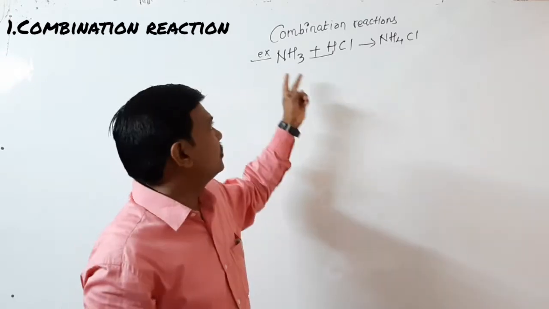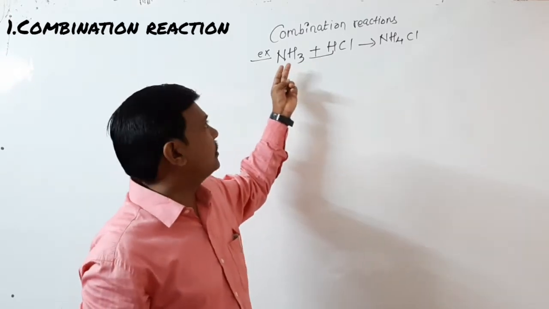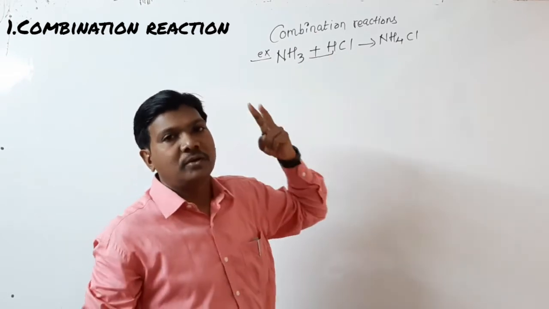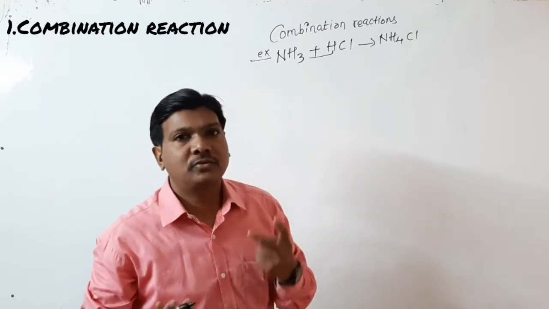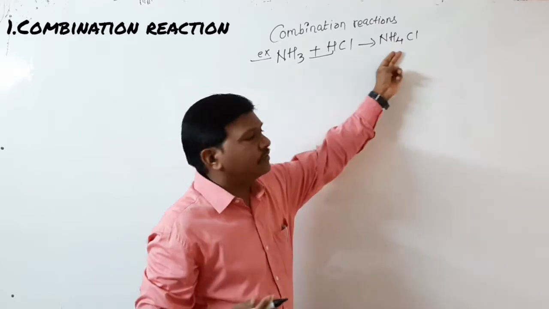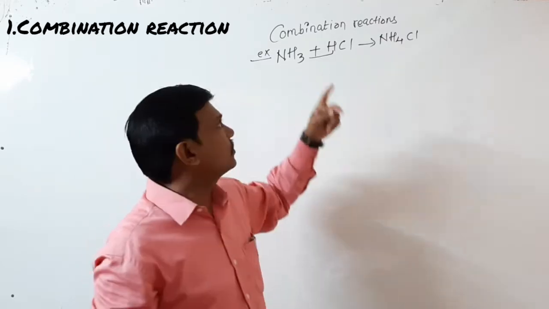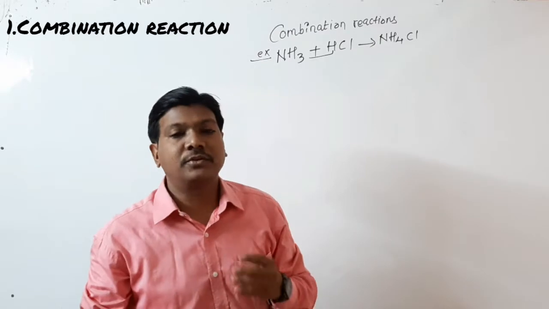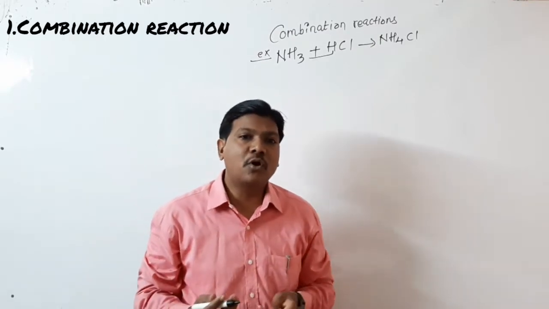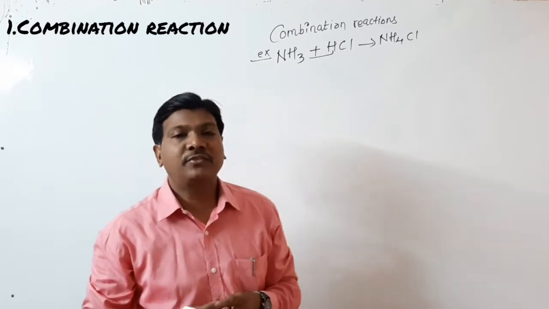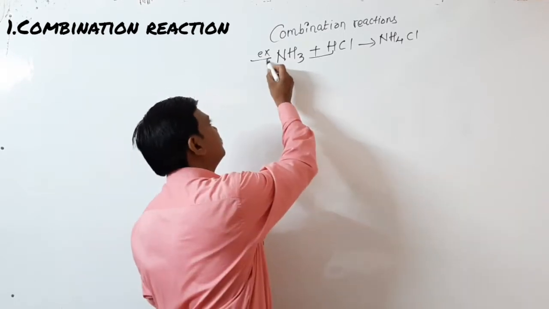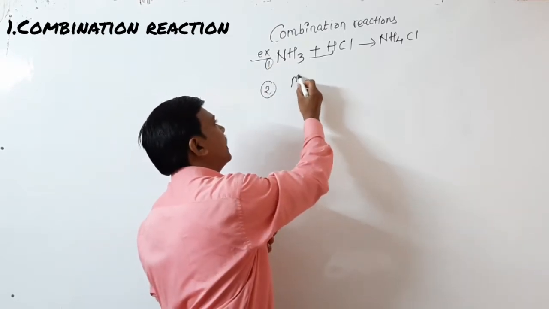So students, say here reactants, that is ammonia and hydrogen chloride. Means here how many reactants are there? Two. And product is single. Therefore, this type of reaction is called a combination reaction. Second, magnesium burns in air to form white powder of magnesium oxide as a single product. So, see, this is first and second example. Magnesium,